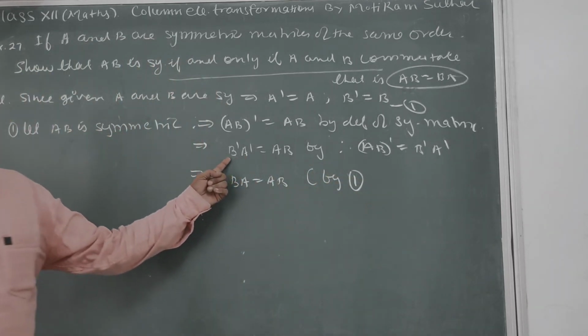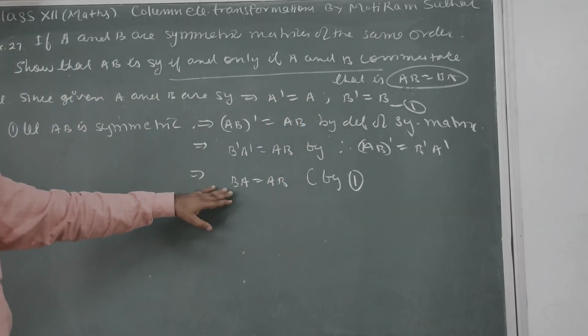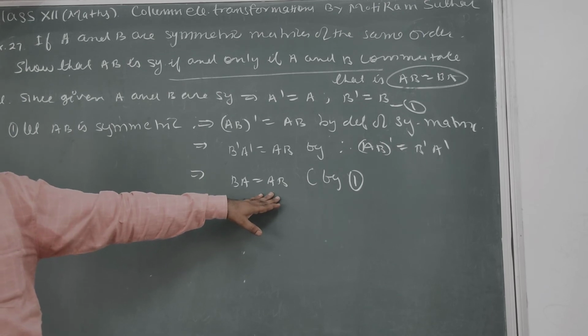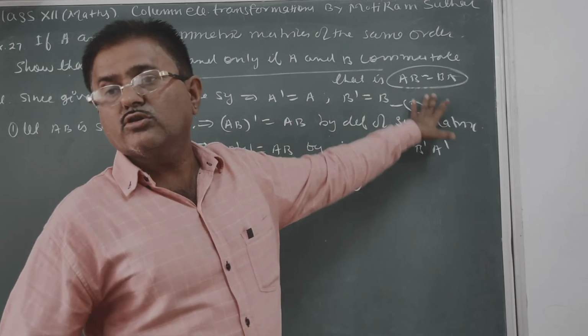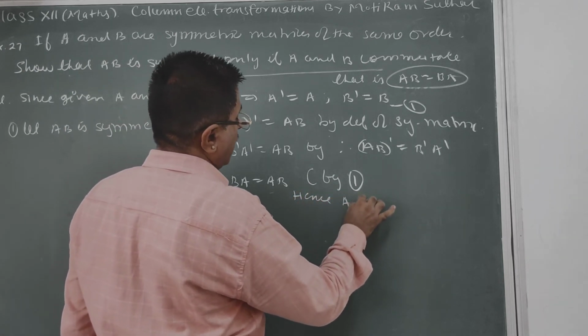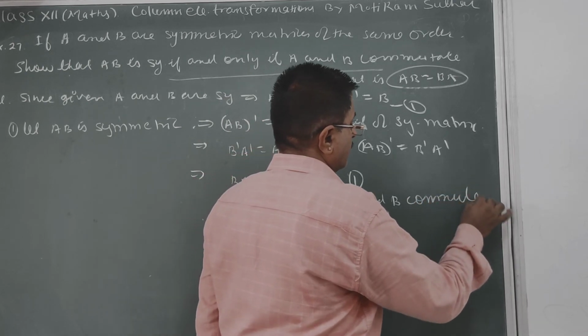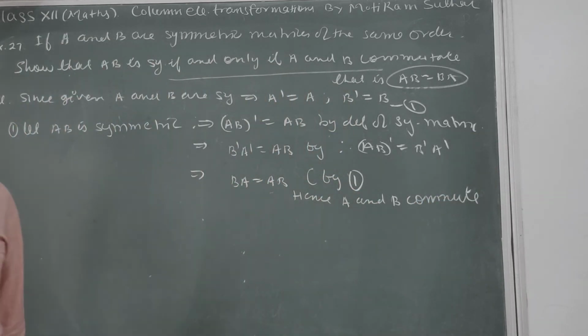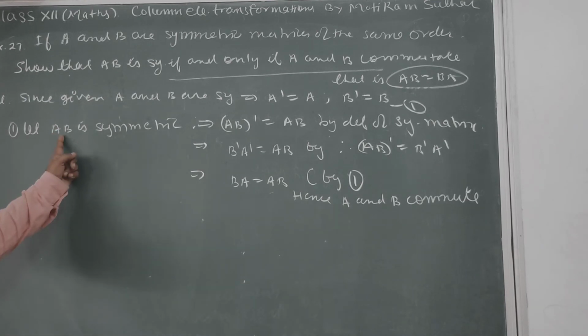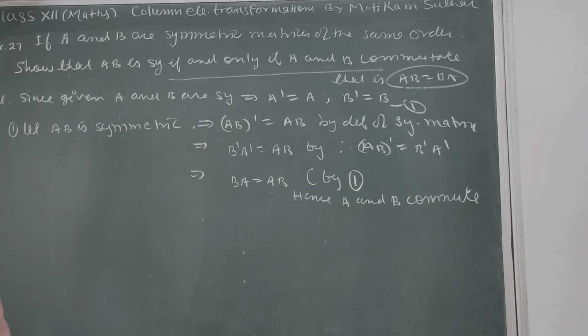यहाँ पर हमने क्या कर लिया, B ट्रांसपोज की वैल्यू B रख दिया, A ट्रांसपोज की वैल्यू A. So finally what we get, AB equal to BA, that we want to do. तो ये फर्स्ट पार्ट ट्रू हो गया, as A and B they commute, तो हमने क्या किया, AB सिमेट्रिक मान लिया था तो ये कम्यूट हो गया. अब उल्टा इसका करेंगे, if A and B commute then we have to show that, so this is known as conversely